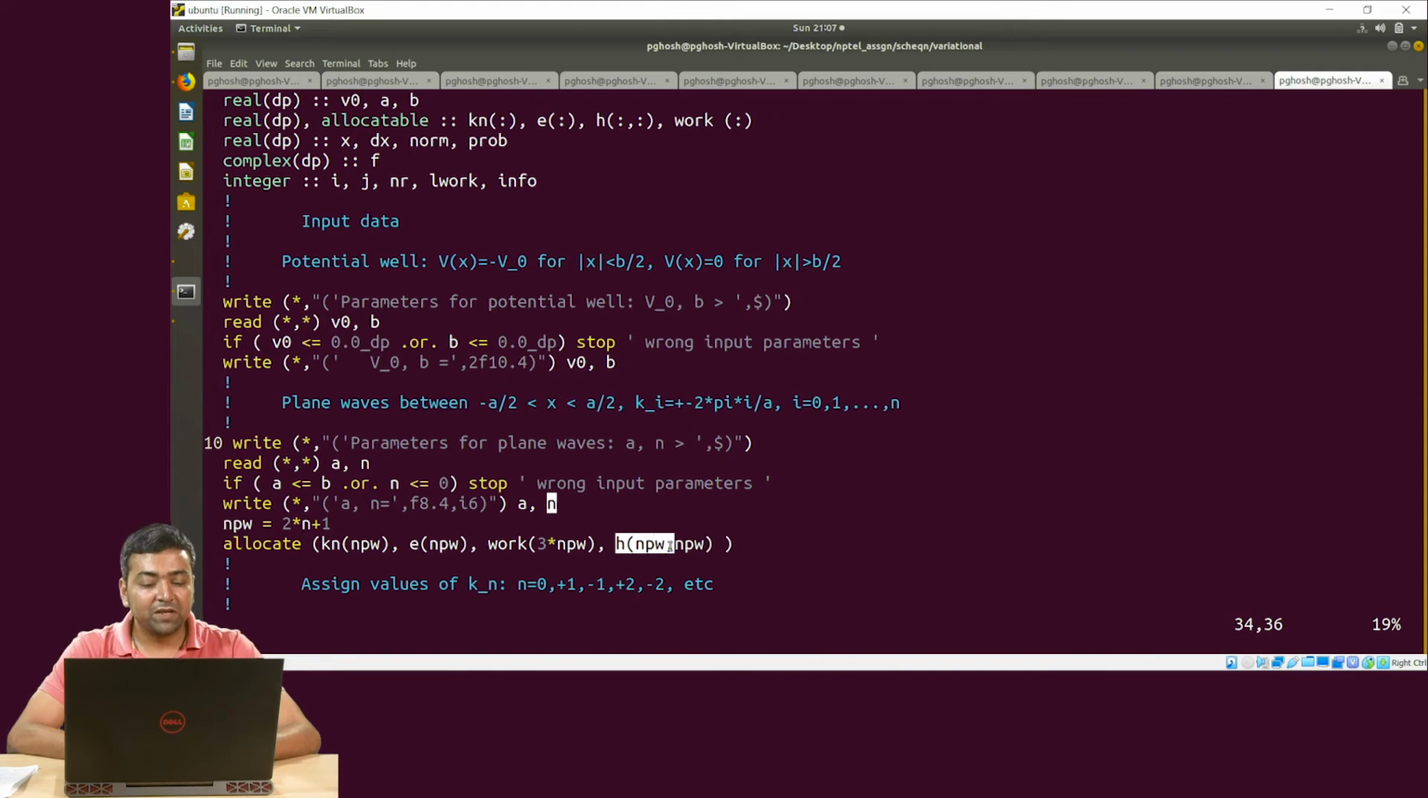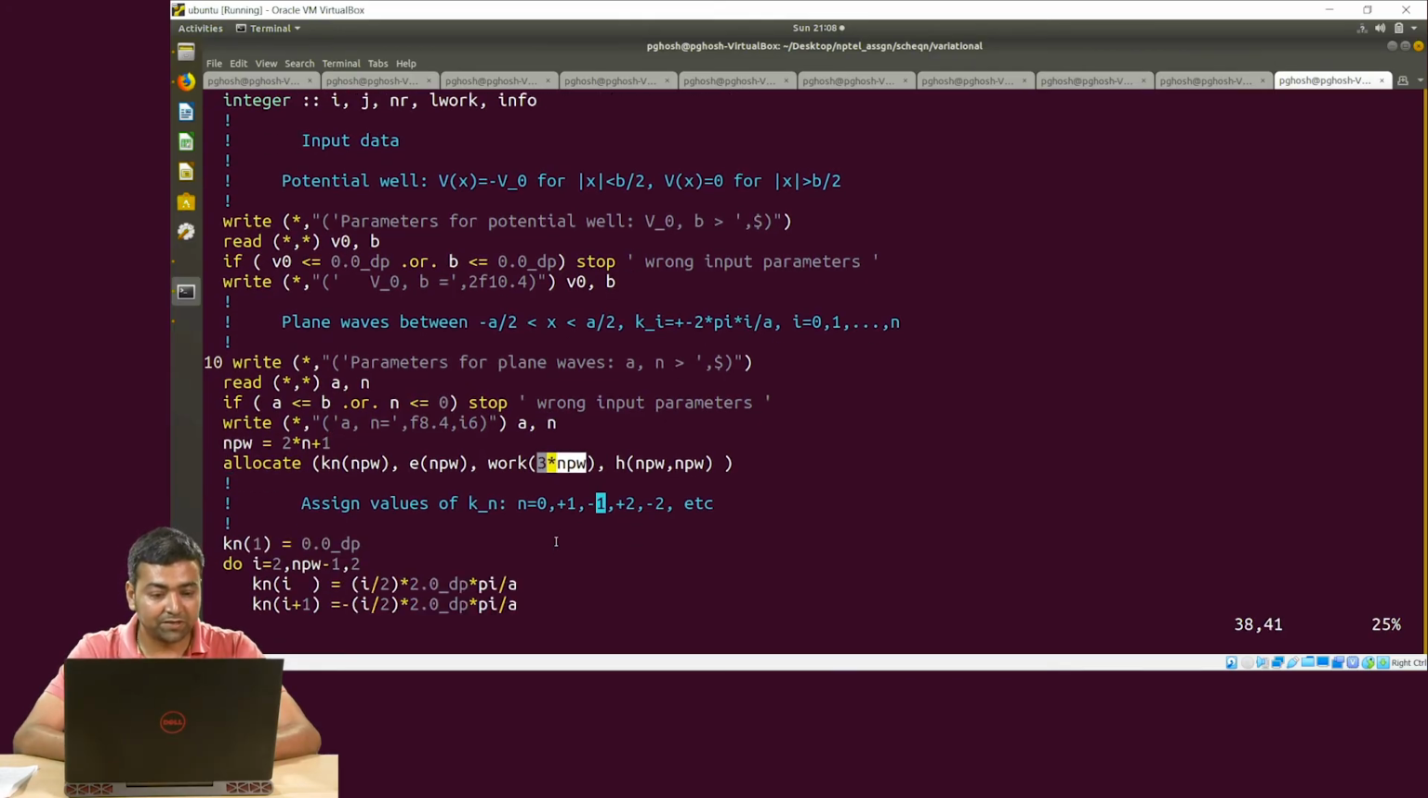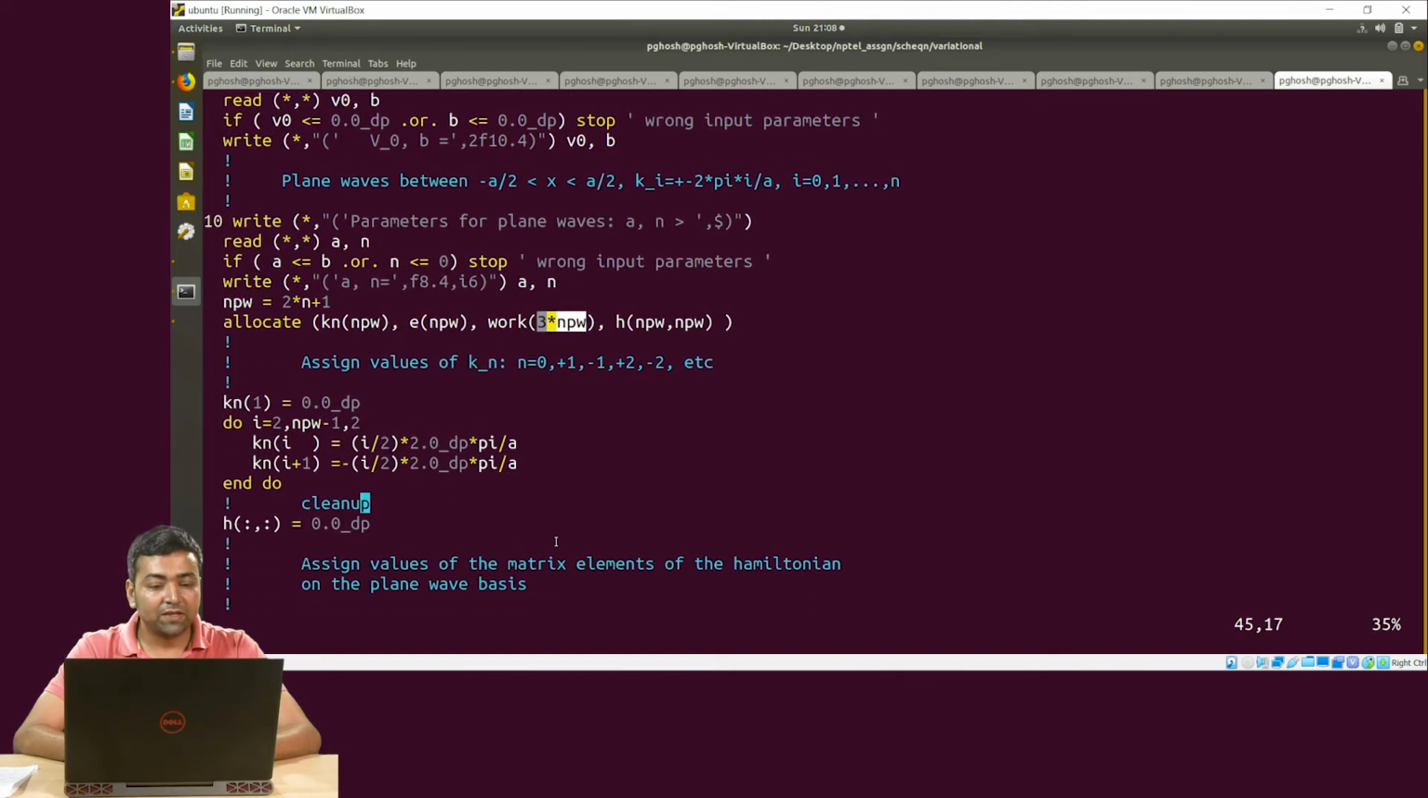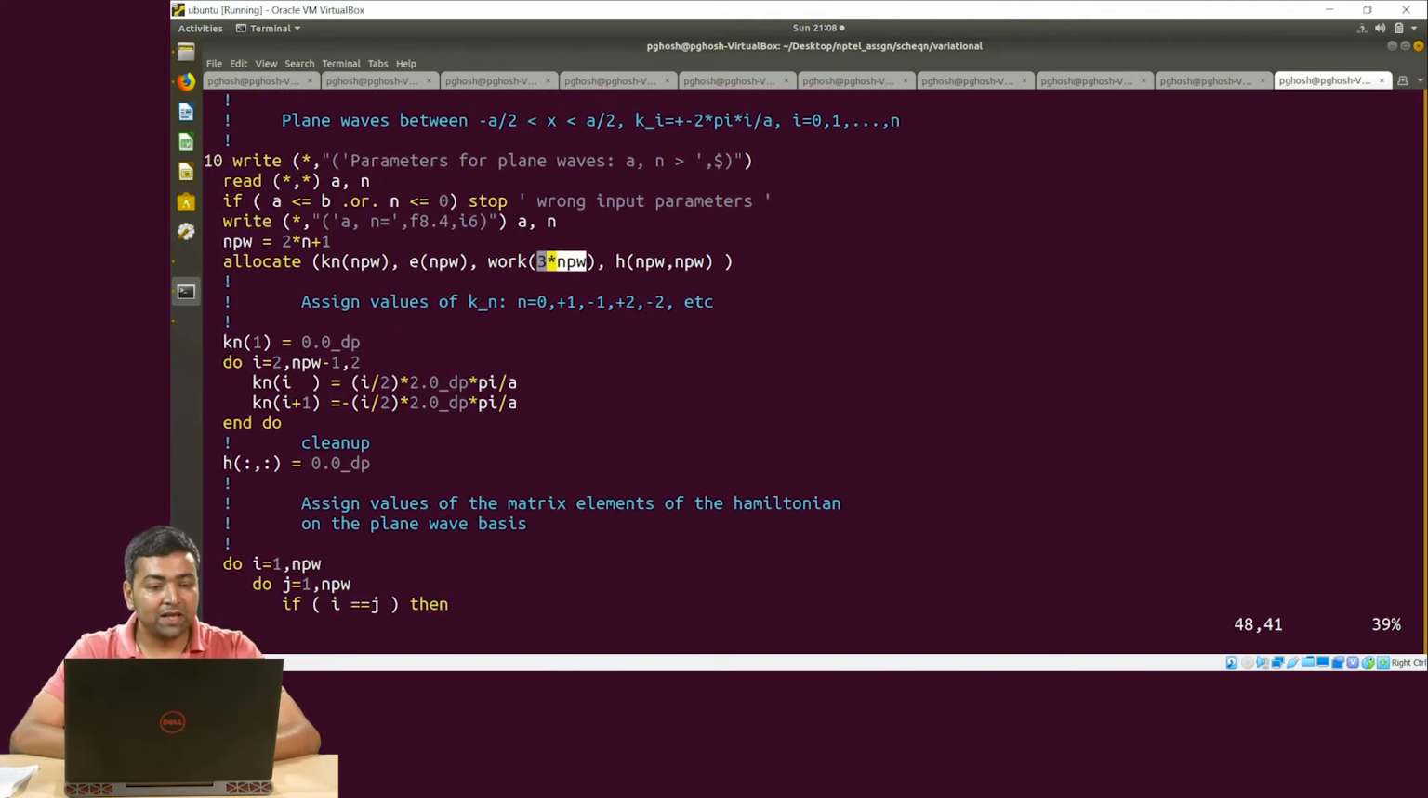So, my matrix will be an NPW cross NPW matrix, and that is why it has been assigned this value, and it is a 2-dimensional matrix. Then the energy eigenvalues are stored in this array E, and the number of energy eigenvalues will again be the same as the number of plane waves. And then work is again a temporary array which is used by the subroutine for diagonalization, where it is 3 times NPW, the dimension of the matrix which I need to diagonalize. So, once I am done with allocating these arrays,